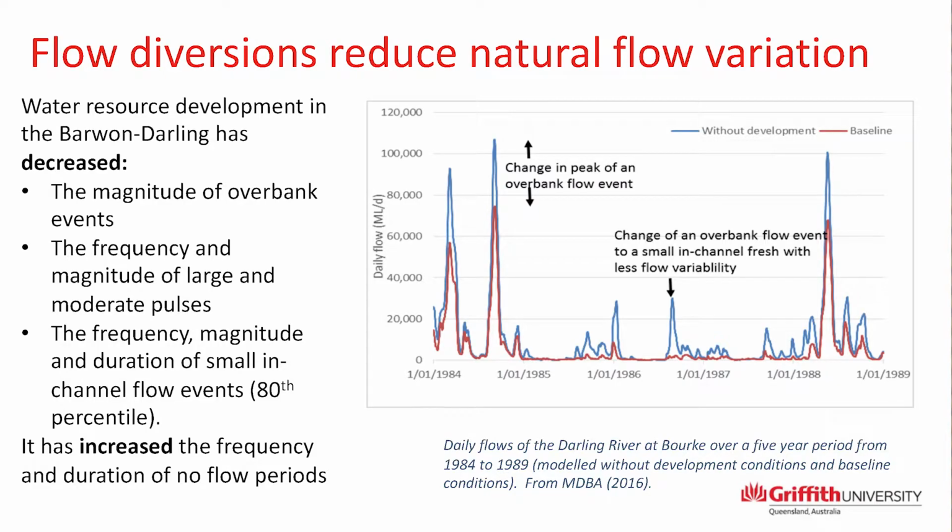So if you look at the next figure, this is the modelled pre-developed data with baseline conditions for current development over the same 5-year period. And the blue is the pre-developed model data. And you can just see that the big events are still going to happen. The magnitude is decreased, and that decrease relates to the amount of water diverted, with some of it held in upstream storages. But where you really get impacts in the Darling is you get the small in-channel flows and the moderate flows are completely removed from the hydrology, and the hydrograph becomes flat.